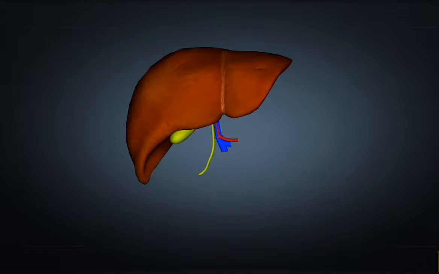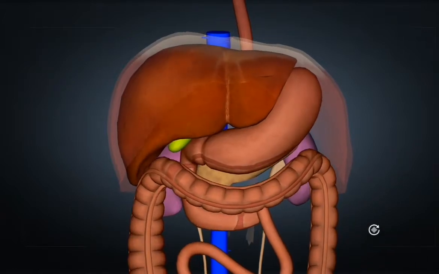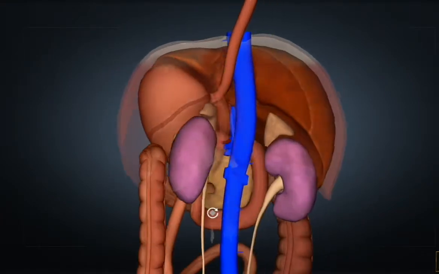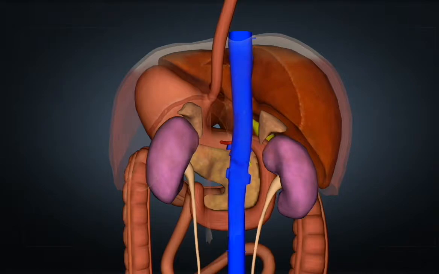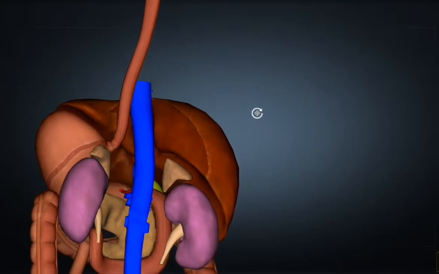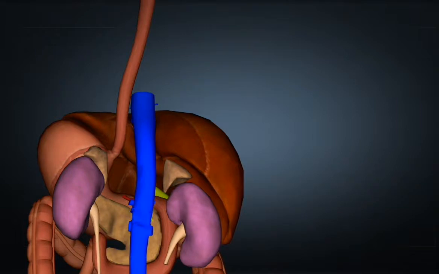We can't talk about the relations of diaphragmatic surface much, but the relations of the visceral surface or inferior surface is really important. Now coming to the relations of the visceral surface, here we can see the viscera that are related to the liver are mostly on the inferior surface or visceral surface. That's why the name is given as visceral surface. So first see the stomach. So impression for the stomach is present in the left lobe, and in the right side we can see the